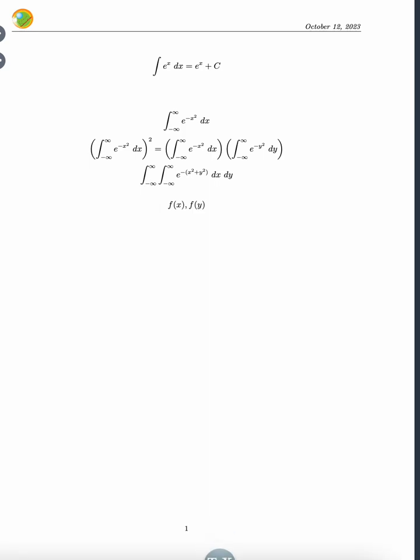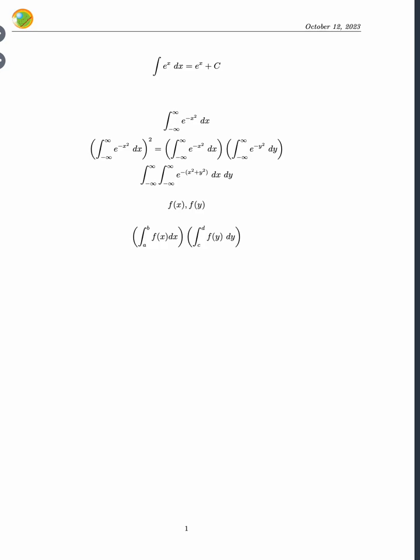Then we want to show that the integral from a to b of f of x dx times the integral from c to d of f of y dy